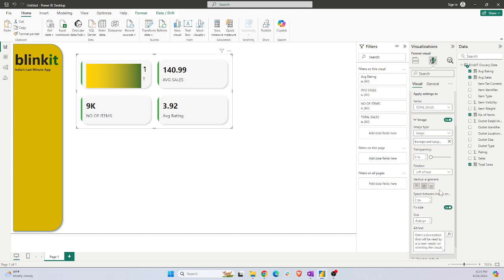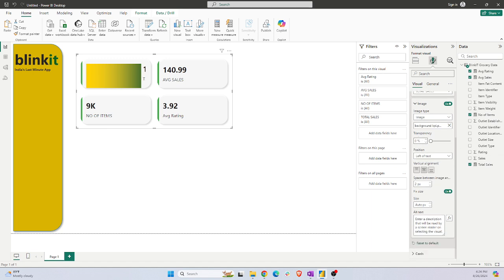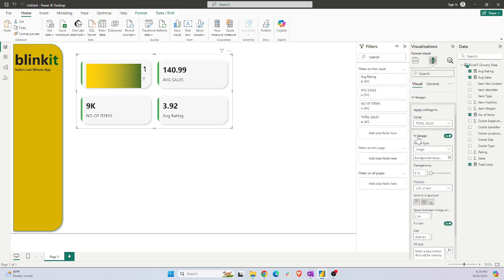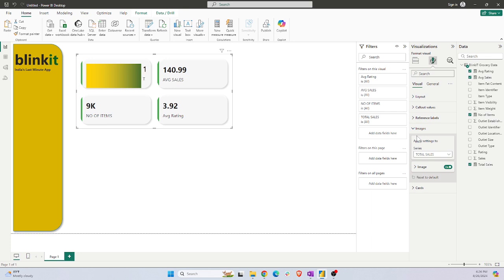Then I will come over here slowly and I will add more things over here. Let's try to do that because my system is hanging sometimes. Now I will do one thing. I will go to the background. Where is the option for background? Maybe it has come to the images option directly,